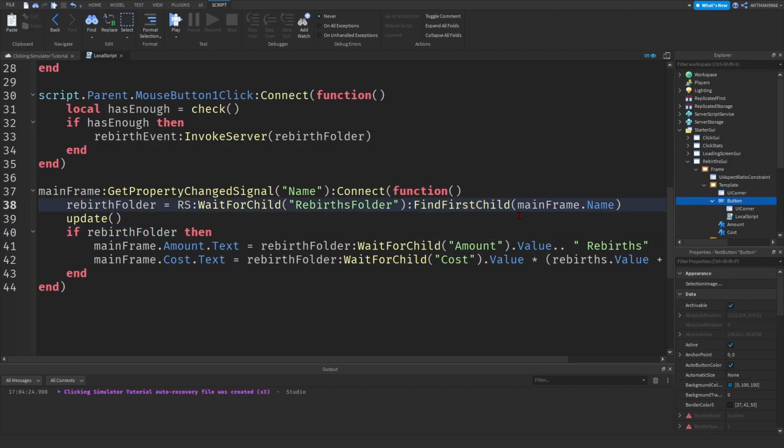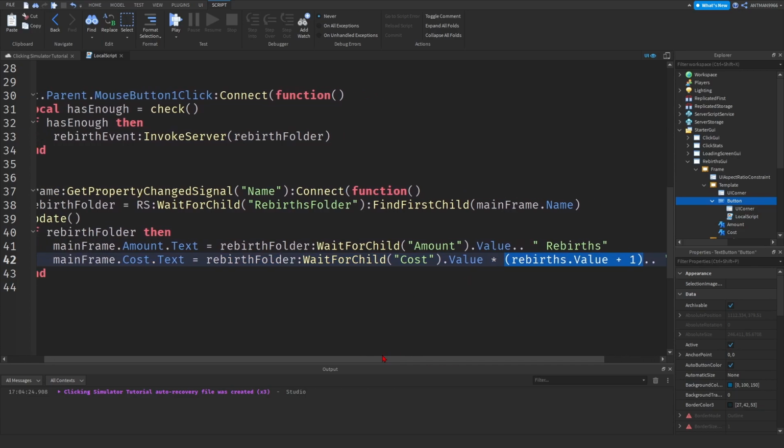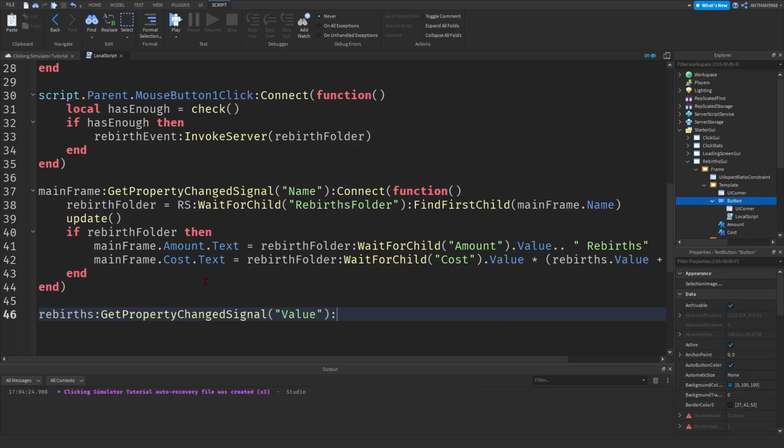So if we can find this here, then we're going to set the amount text to the amount that we want, and the cost text to the cost that we want, timesing it by the rebirth value, just like that. And then we're going to come down a line, and we're going to say rebirths colon get property changed signal brackets value colon connect